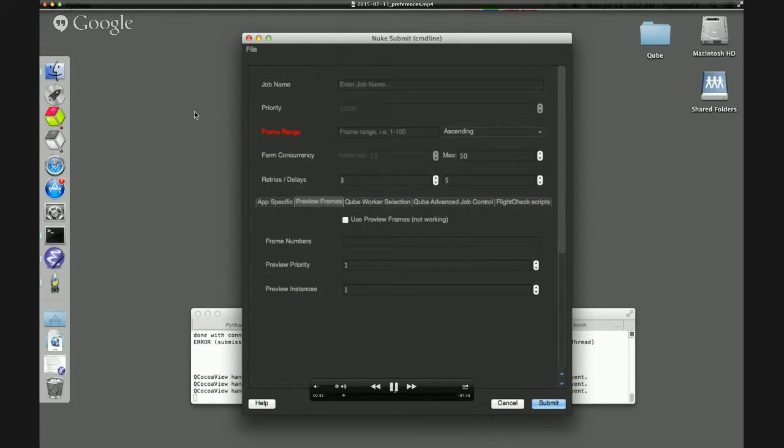One of the big features of the new Submission UI is the preferences system. Preferences are now stored in the main Qube database, so any Submission UI or any interface that can see a job list can also see the preferences. Preferences can be stored at the user level, or they can be stored for all users. They can also be stored at a common tier, which means they're stored for all Submission UIs, or they can be stored only for the Submission UI that you're dealing with at the moment.